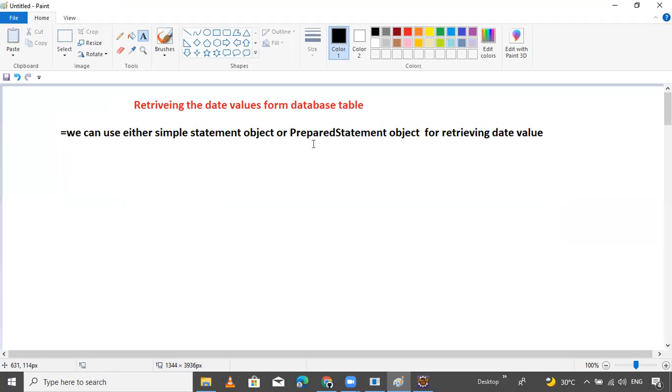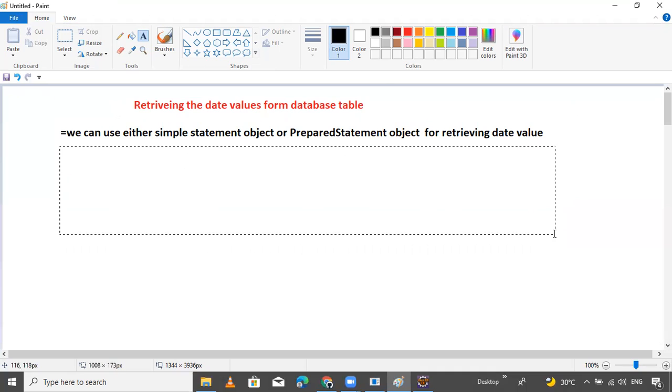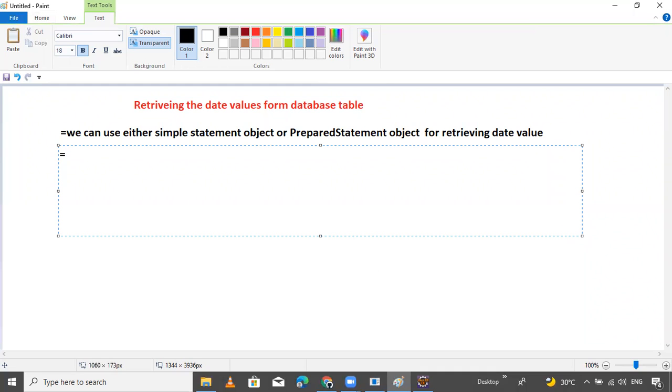We can use both to choose. It depends on your requirement.